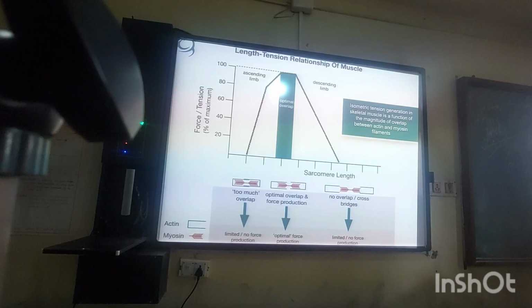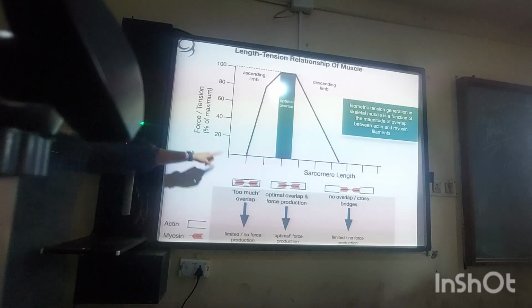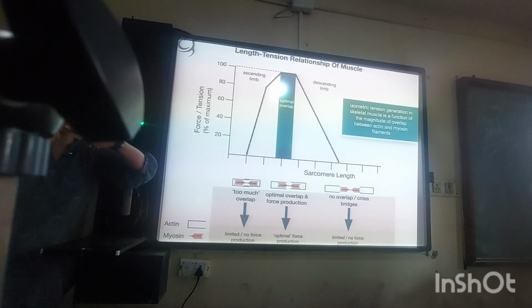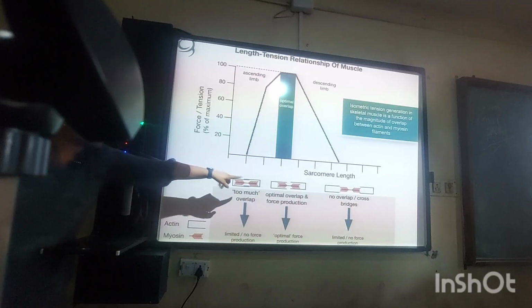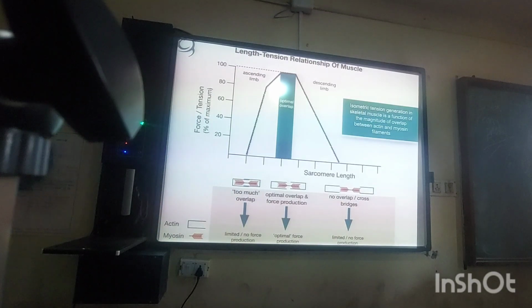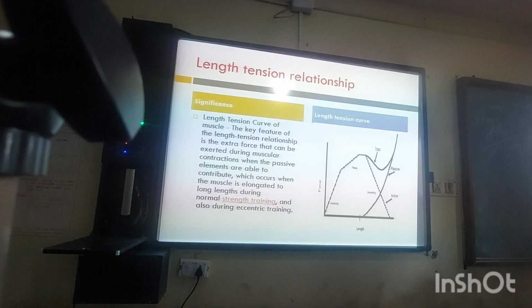This is important because the next slide is when this is mildly disturbed. The last one you can see is the descending limb, where there will be the least production of force. Why so? Because the actin and myosin filaments are now like this. The force generation will not be there. It is totally elongated. It is totally contracted. That is, there is no strength. This is the optimum length, and the last one is when the muscle is totally elongated, that is, force production will not be there. Now if you see the next slide, this is very, very important.